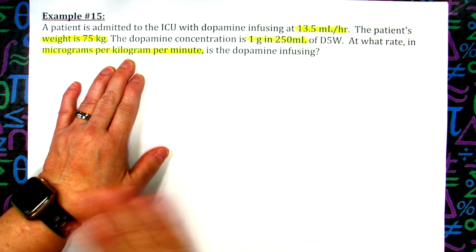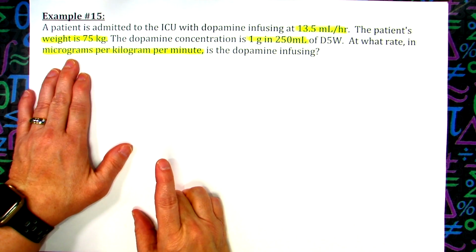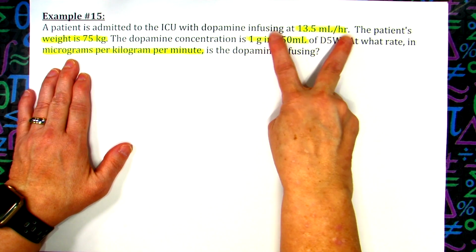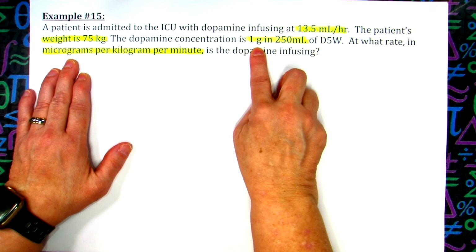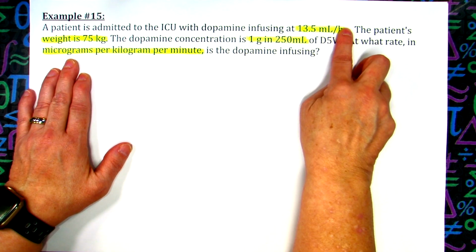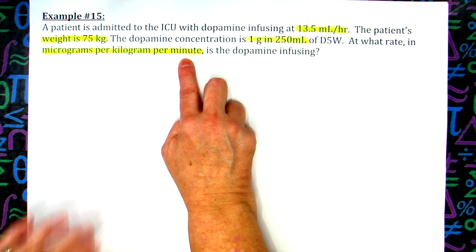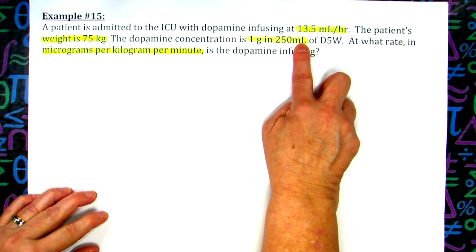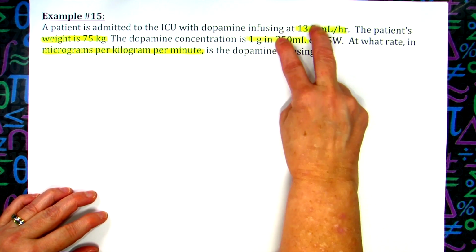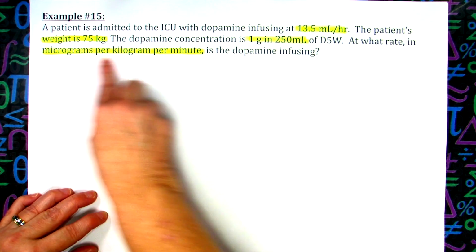That means we're going to have to include the patient's weight. Micrograms, all right, well, we don't have micrograms. We have grams, so there's going to be a conversion there. This is per hour, and this is per minute. And we also have milliliters here. So our milliliters and milliliters here is going to ultimately get crossed out because I don't need milliliters in my